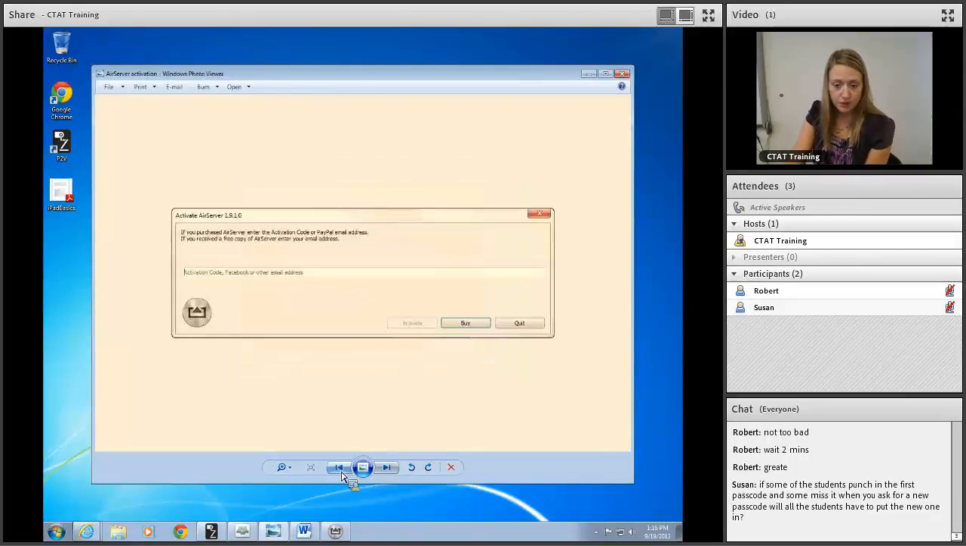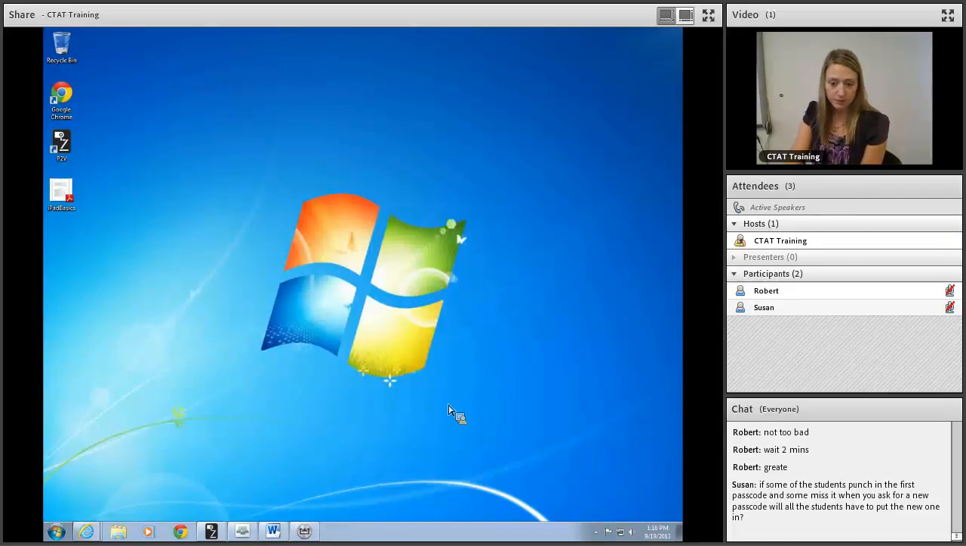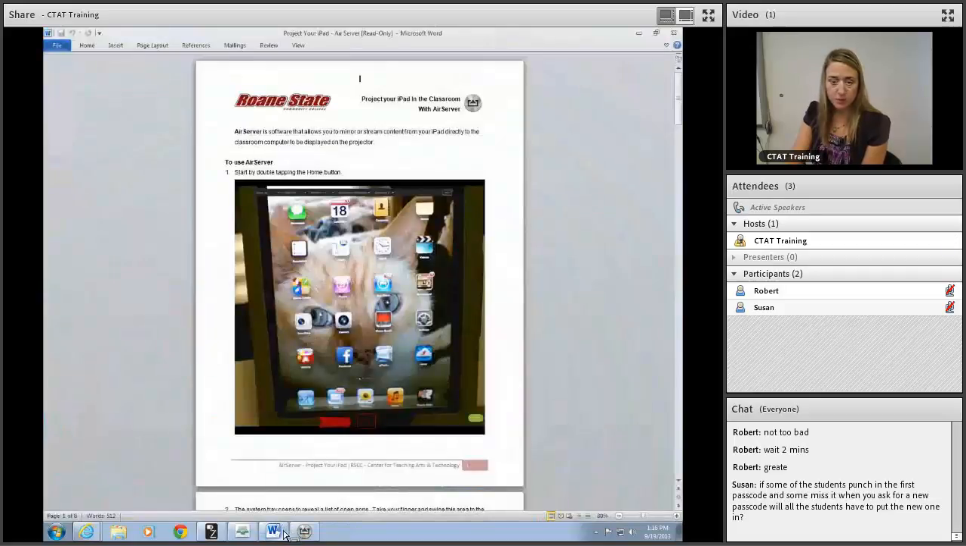So those are the three messages that we've seen, and they're pretty quick to resolve. This one you just skip. This one, restart the computer, and this one, contact the help desk and let them know that you need AirServer in that classroom. The other thing is I've created a tutorial, and this is going to be available on our